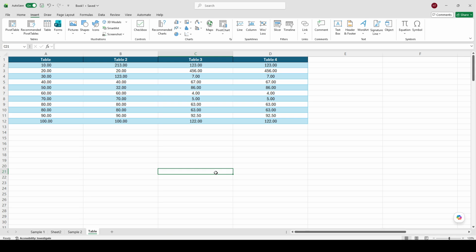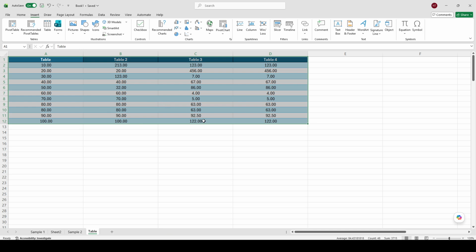To begin, locate the table of data that you want to turn into a graph. You will need to highlight the full table, including the text headers at the top. This part is important because the headers help Excel understand what each column represents, and they are often used to label the graph automatically. Click and drag across your data so that both the labels and the values are selected